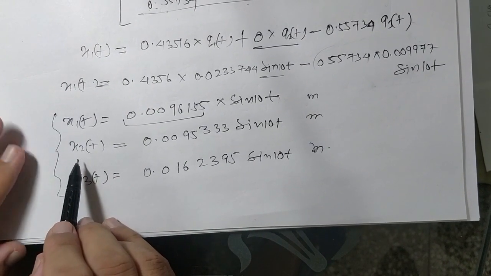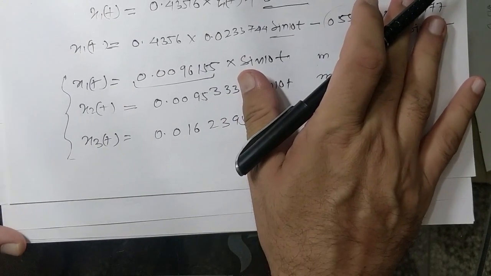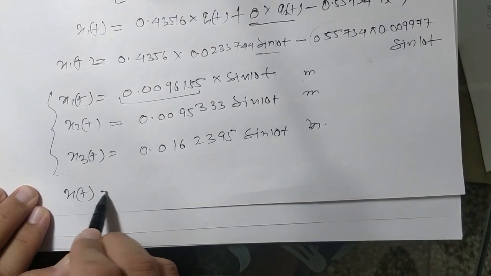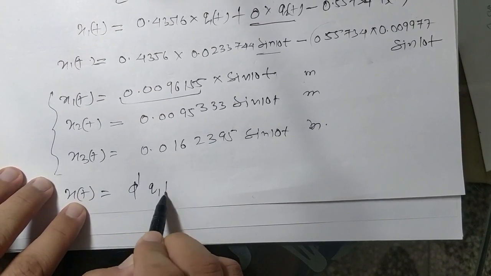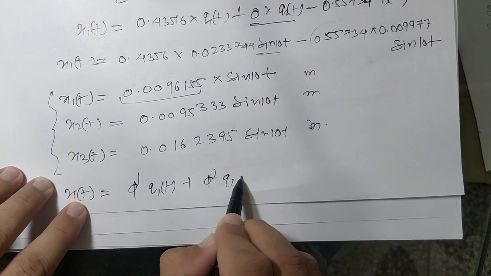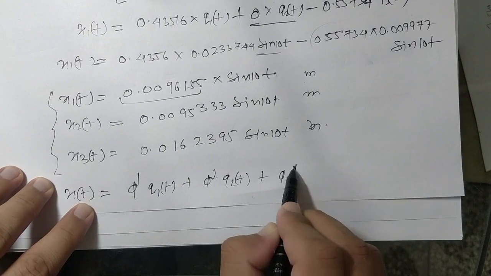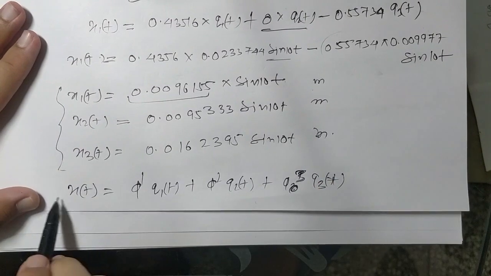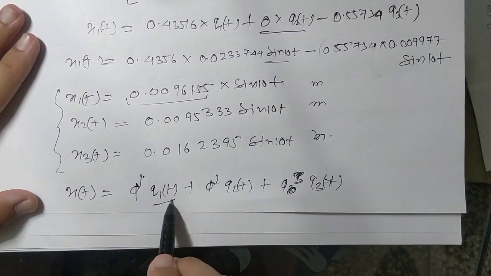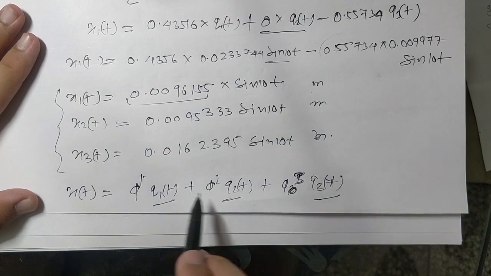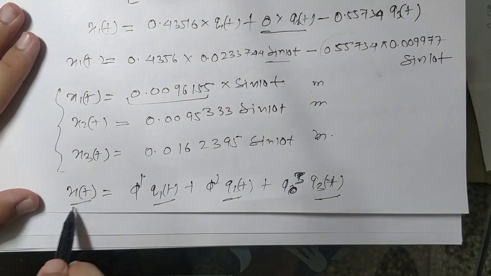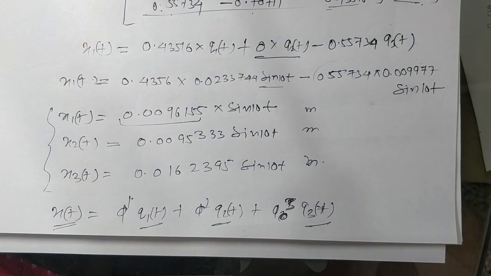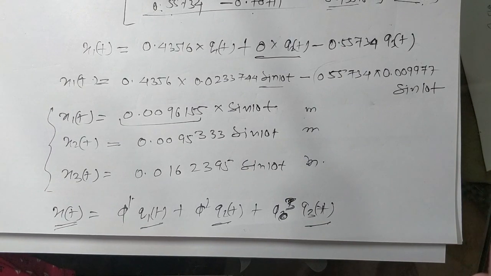So this is the solution of all the degrees of freedom, all 3 degrees of freedom, in the form of generalized coordinates. And from the expansion theorem we know that if we want to find out x(t), it is phi1 q1(t), plus phi2 q2(t), plus phi3 q3(t). After putting these values in, we can find out the total solution of this type of problem. So this is the whole sequence to find out the response of a multi-degree of freedom system using modal analysis.